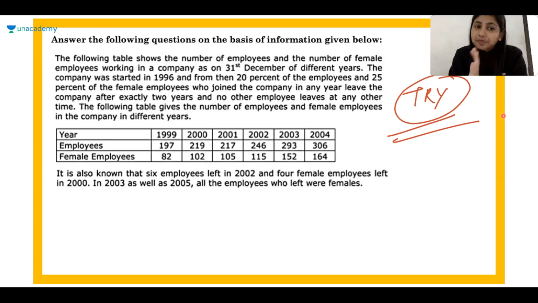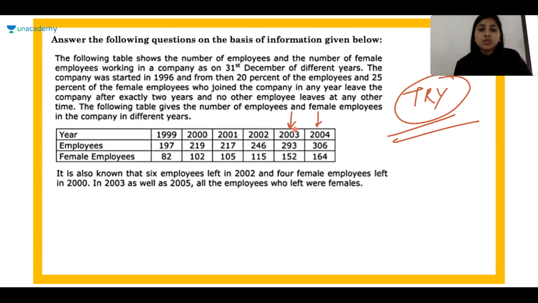So yeah, right. So Uma, I have a doubt here. We don't have a column for 2005 employees. Okay. So what did they say? The employees who join in any year leave exactly after 2 years. So though we don't have any 2005 columns, we can find out how many employees have left in 2005 and 6 also. Because once we figure out how many people joined in 2003 and 4,